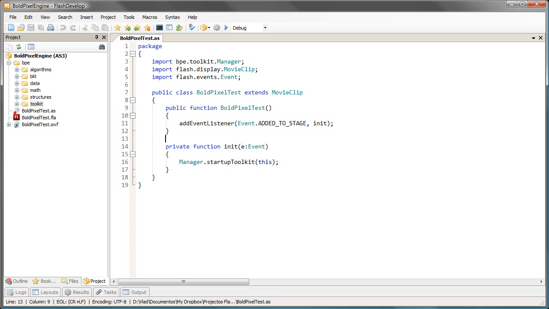I'm going to do a quick introduction of Bolt Pixel Engine, which we are releasing today, the same day we are uploading this video. Just going a bit through the philosophy and the structure of Bolt Pixel Engine, okay? Pay no attention to this class, it's just a document class of the FLA we've been using to test